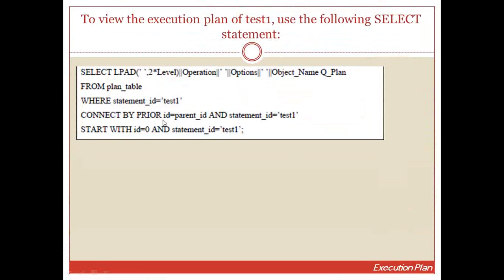Connect by prior ID is parent ID and statement ID is the name, and start with ID 0 and statement ID is the name. It's quite long and difficult to remember.